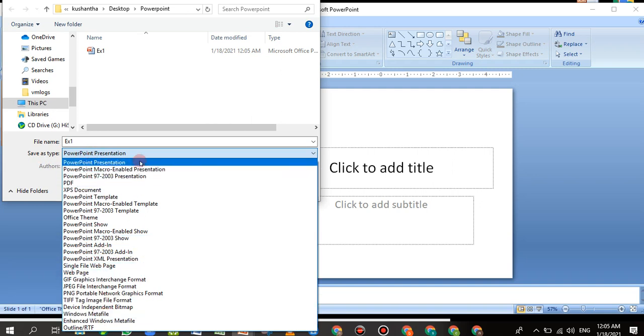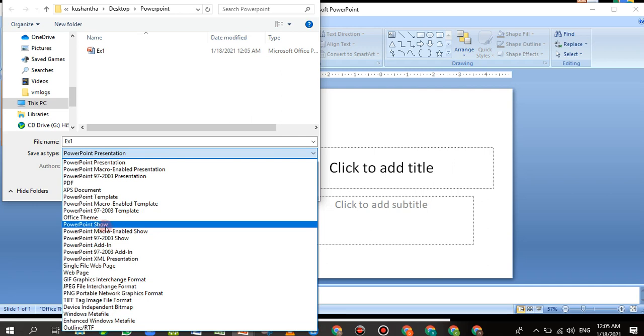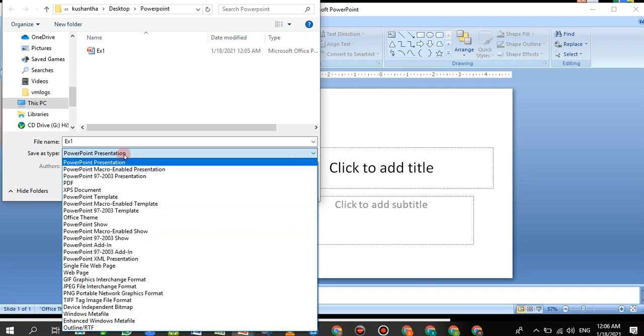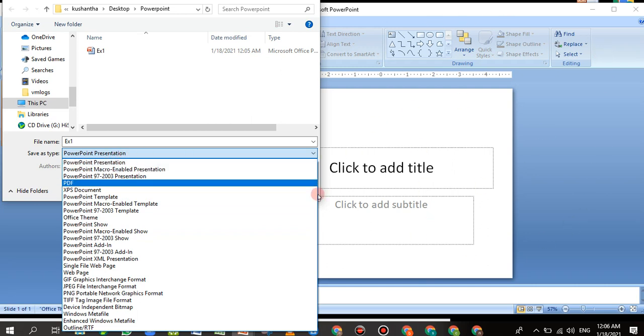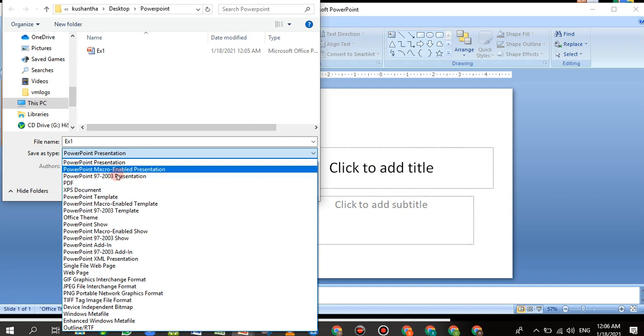Earlier I showed you another the introduction. Actually at the beginning I used a PowerPoint show. Here you can see PowerPoint show, so it will open as a show and it will run as a show. It won't open with the software. Okay, and if you want to open it with the software with this interface and all, you can save it as normal PowerPoint presentation. So you can open the file, you can do the modifications like that,